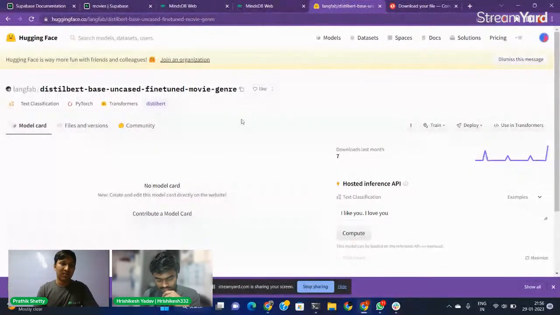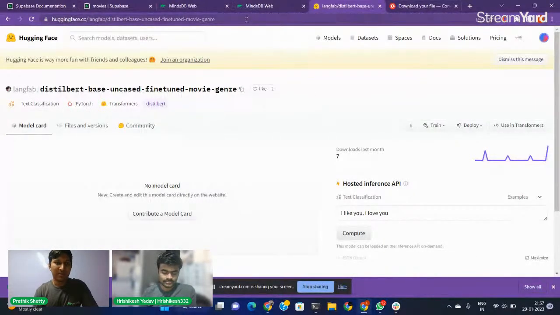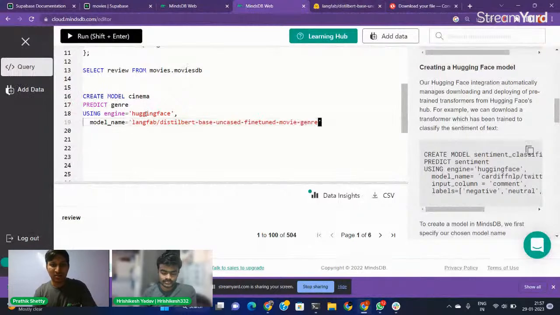And remember one thing, only PyTorch models are currently supported by Mindsdb. So if your model was trained on TensorFlow, it might not work. Also, currently only four types of NLP tasks are supported. We are building more integrations, more NLP tasks. Currently text classification, translation, summarization and zero shot classification are supported. So this is a text classification. You need to copy this name and then just paste it here. It will connect the engine Hugging Face, search this model name, and then